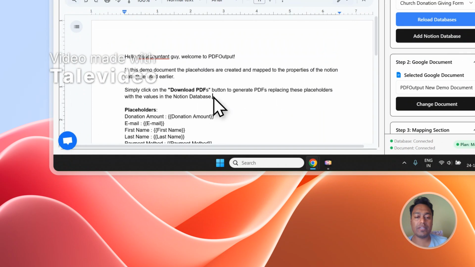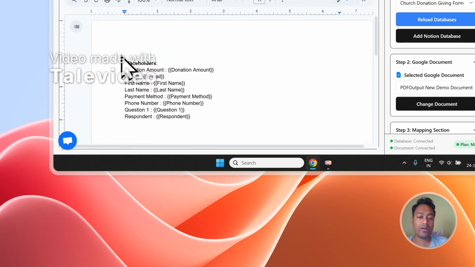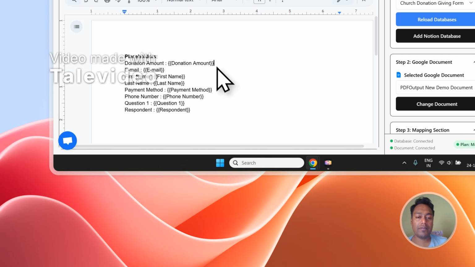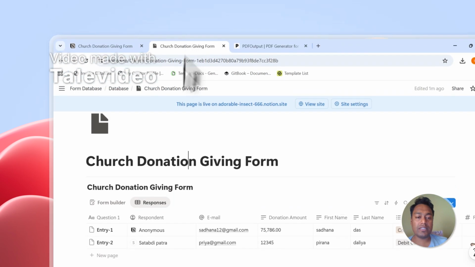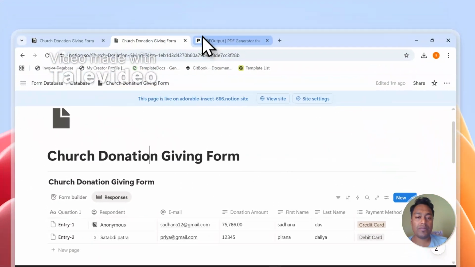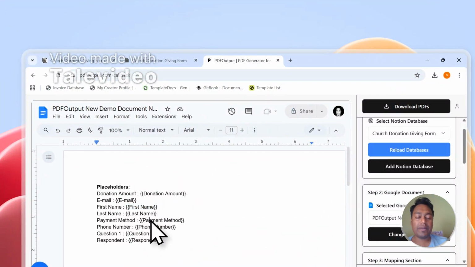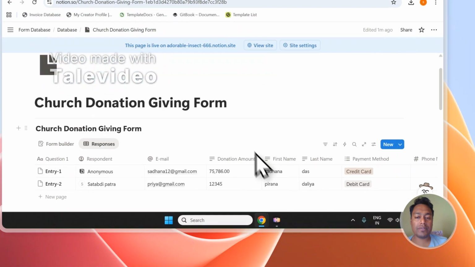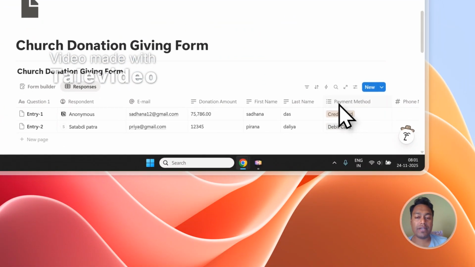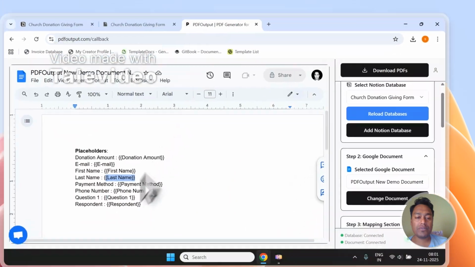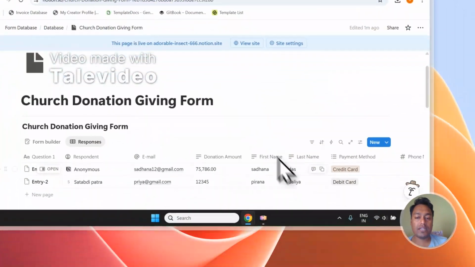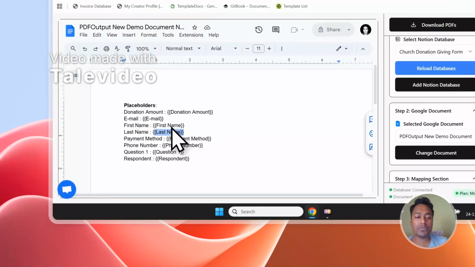So you can see it created me this particular document wherein all the placeholders are already added up with all the values. Everything that you see inside double curly brackets over here are the exact same fields that we have in the database, which have automatically been added. And when the PDF will be generated, all these placeholders will be replaced with the values from the database one by one, and the PDF will be created. First name will be replaced over here in the first name section. Last name will get replaced in the last name section, and so on for all the other